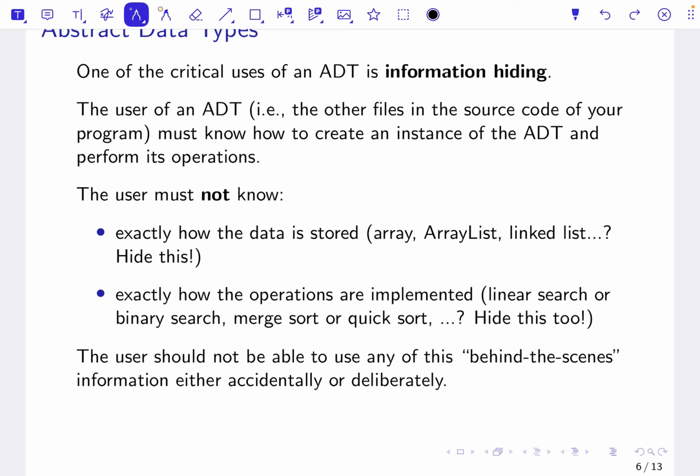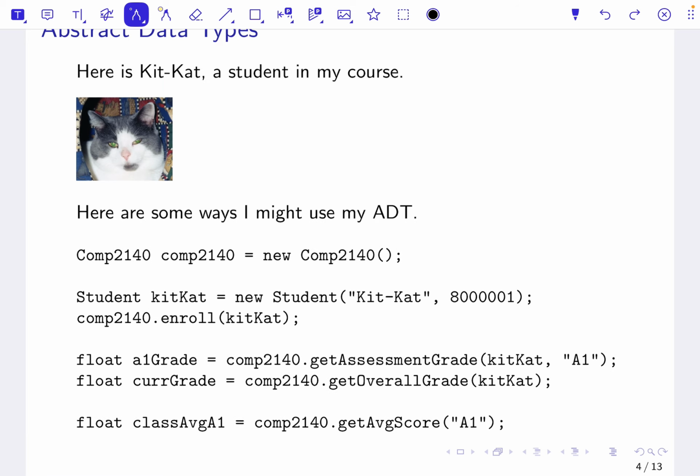But if you're doing information hiding correctly, the way that other people use your code will have nothing to do with the specific data structure used to store it. Like, maybe you're in the company making Aurora 3, and you decide to make it so the way to add a student to the course is .enroll instead of going like,